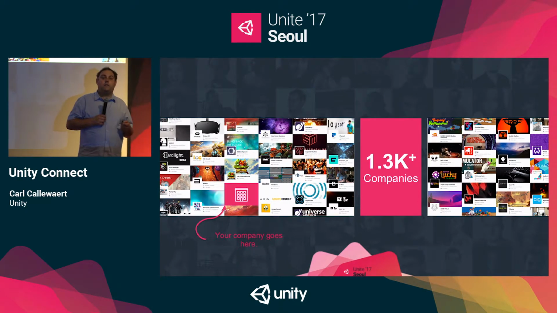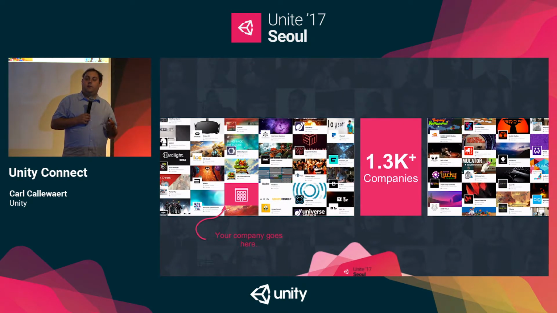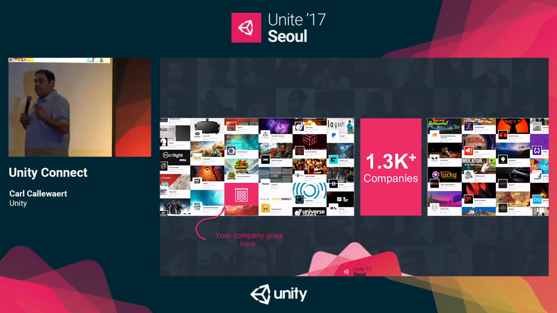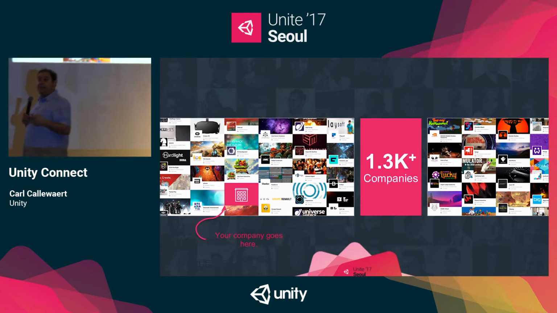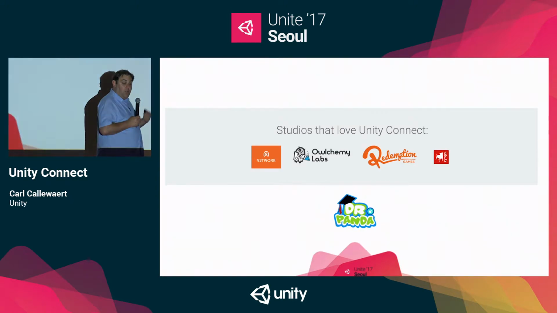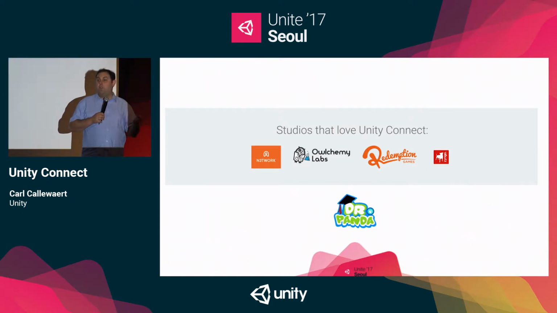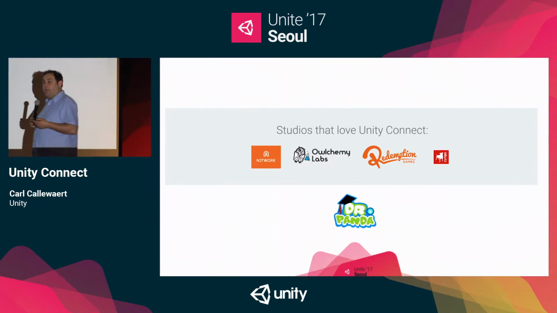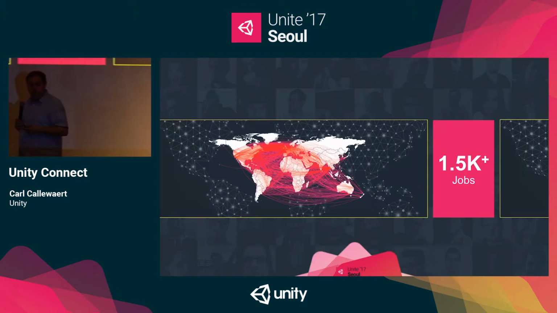But what's really cool is that there are already more than 1,300 companies that have made a profile. Not as individuals, but as companies. From there you can click and see their job openings right away. If you think about that, companies like NeoWiz, Endorse, and all those companies can easily connect with that. Companies that are already very famous, like Dr. Panda and Zynga, all have a profile there that you can find instantly.